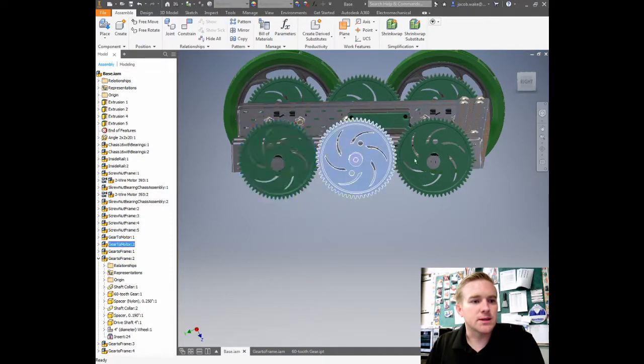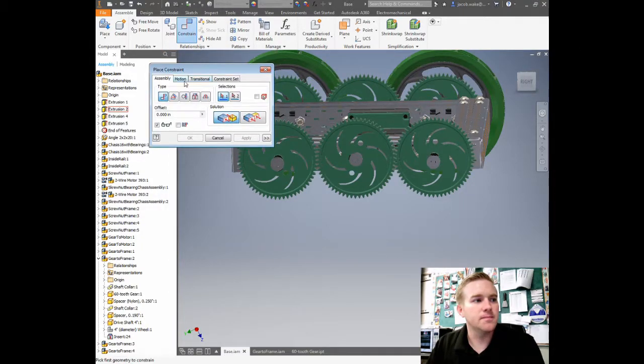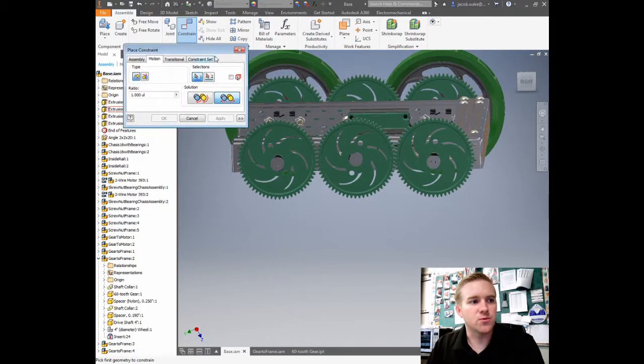Now I'm going to set up a motion constraint. How you do that is you click on Constrain, click on Motion, and then we're going to use reverse motion, because if one gear spins one way, the other spins the opposite direction. I'm going to click on this gear and this gear. I'm just clicking on the face so where I can see the entire gear. Hit apply. Now I'm going to click on the center gear and the next outer gear and hit apply and